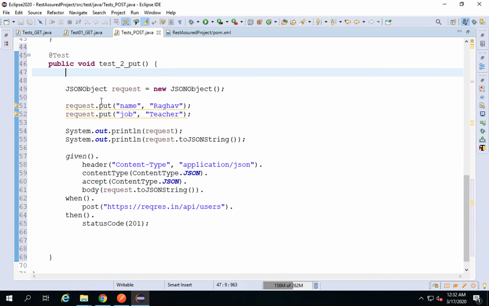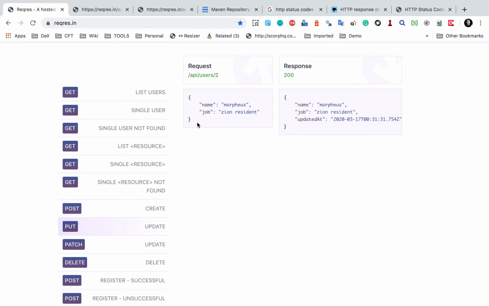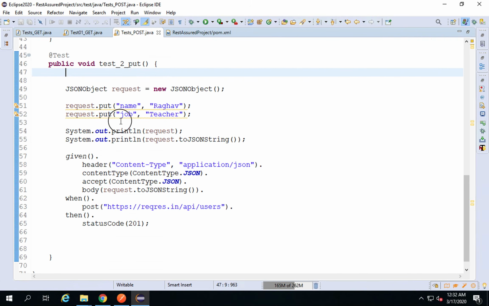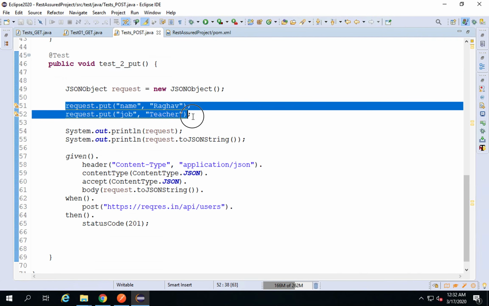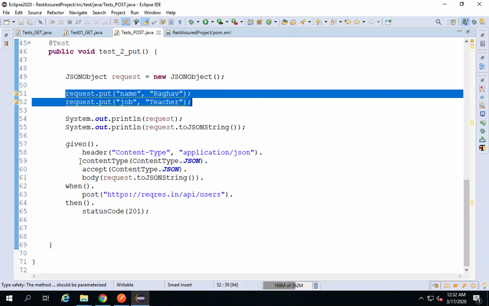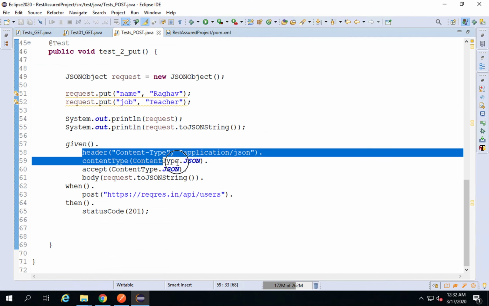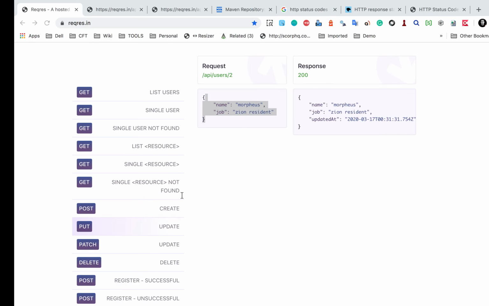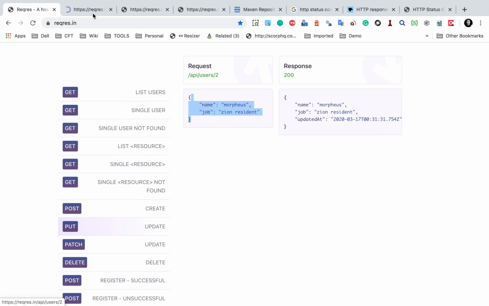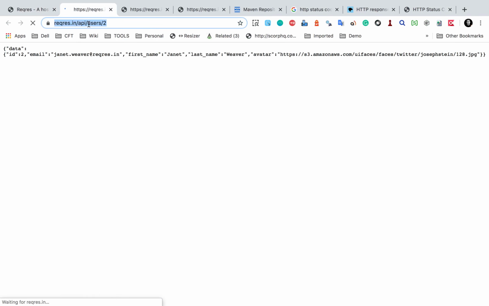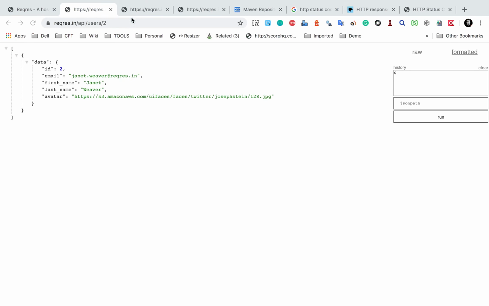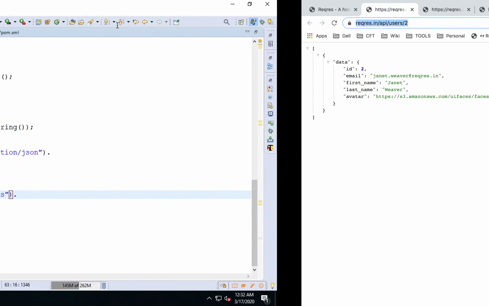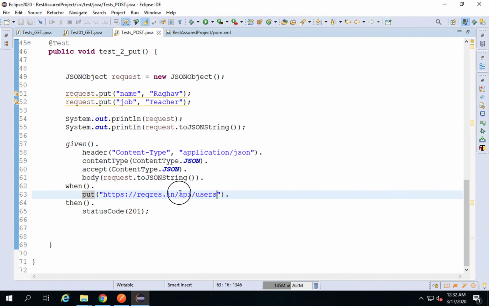Now input as well, we need a body, and if I look at the body, it is looking as the same body, name and job, which we already have here. So I will keep all this as it is, and I can keep in fact everything as it is. I just have to say, instead of post, I will say put here and give the URL. So let me see what is the URL or the endpoint, and looks like the URL is also different. I will copy the URL or the endpoint and provide it here,